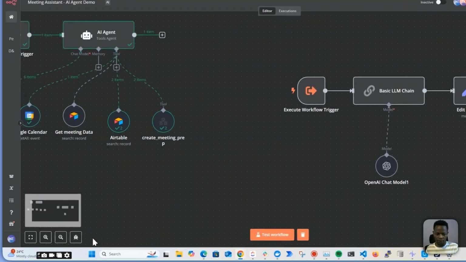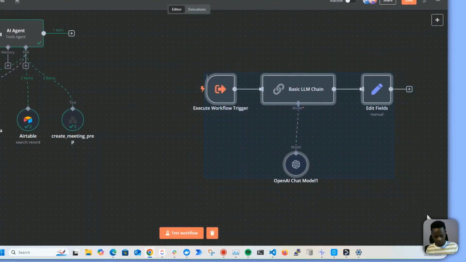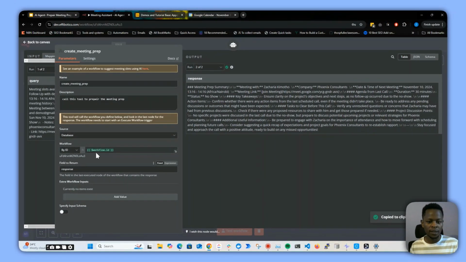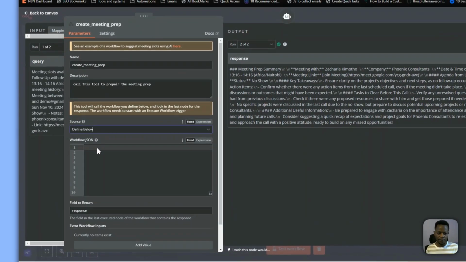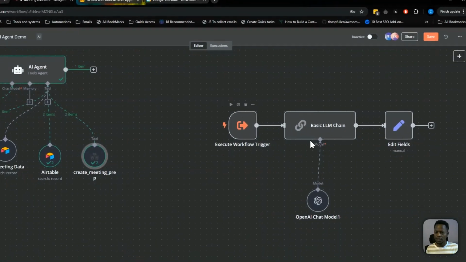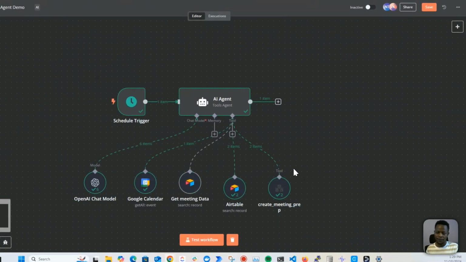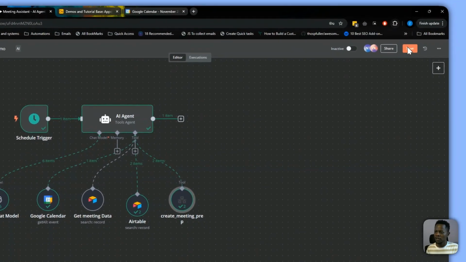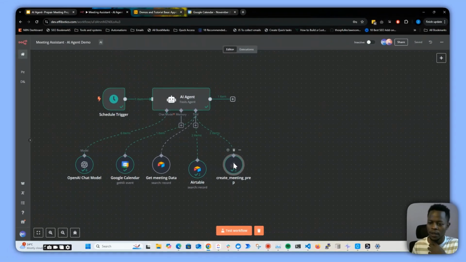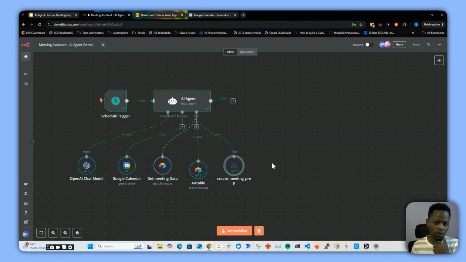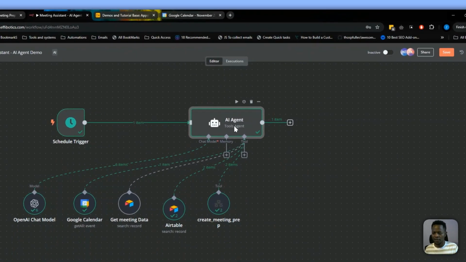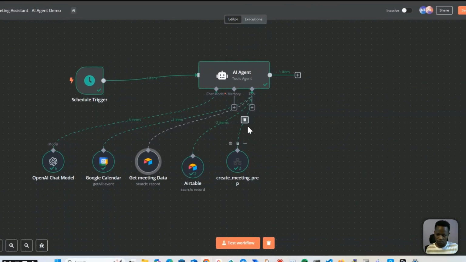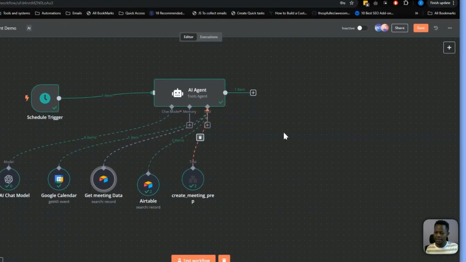Let me just show you a quick trick. If you don't want to have a lot of data on your main tab, you can define below, paste this one here and delete this. So if you run this, you'll be running this one instead of having to call the sub workflow. You can just paste the sub workflow tool on this one. Since you already have this information, the next task we need to do is update or